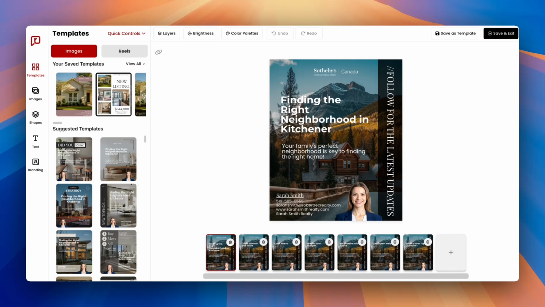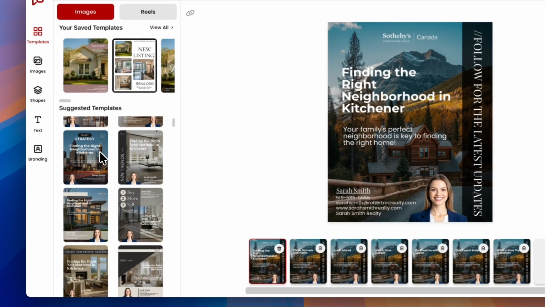In this quick tutorial, I'm going to walk you through our brand new editor and magic templates powered by AI. Starting with your left-hand navigation bar. Up first is templates. Here you have access to all of your previously saved templates along with new suggested templates